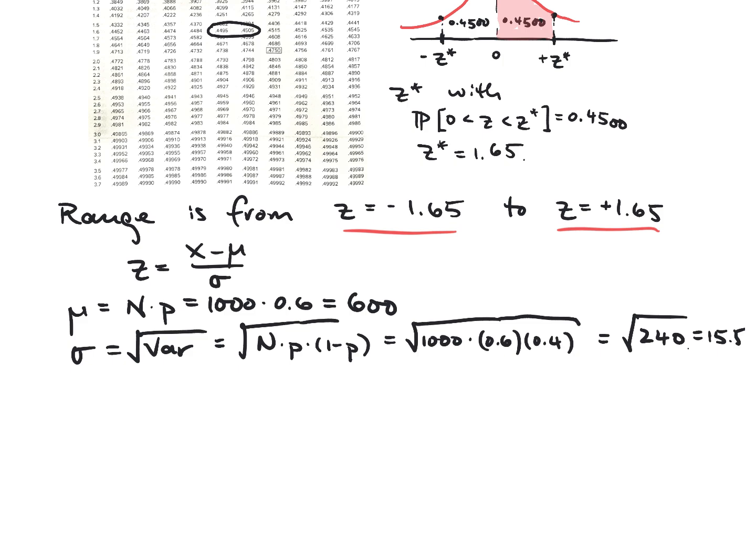The range is from z equals negative 1.65 to z equals positive 1.65. This means that z, the x minus the mean over the standard deviation, is equal to negative 1.65. And on the upper end,